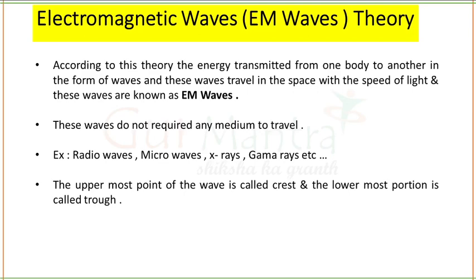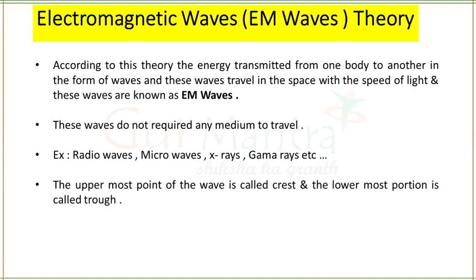So, if we talk about electromagnetic waves, we can simply say that these are the waves which are created as a result of vibration between electric field and magnetic field. Or, in other words, one could say these are composed of oscillating magnetic field and electric field. One thing which you need to remember is magnetic field and electric field always lie perpendicular to each other. According to electromagnetic wave theory,